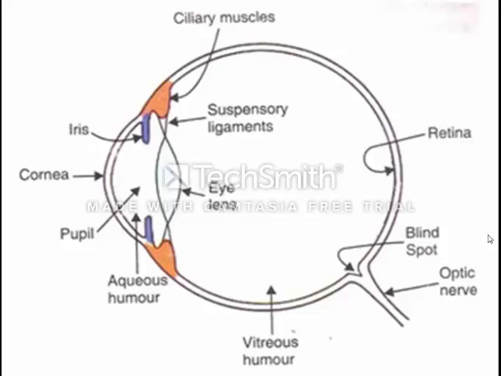While we are seeing a far object and a nearby object, we need not do anything. The eye itself adjusts its focal length. How does it happen, we will see now. The ability of the eye to see the near object as well as the far object, means the near point as well as the far point. What the near point and far point are for a normal eye, I will discuss this also.